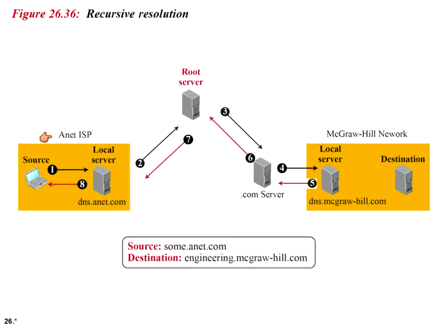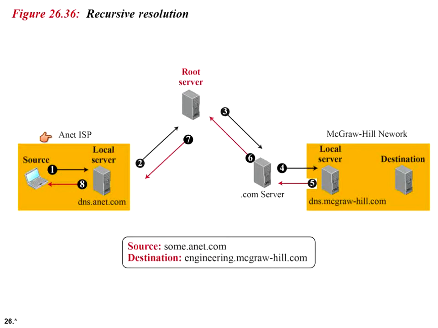Now the root servers do not normally keep the mapping between names and IP addresses, but a root server should at least know about one server at each top level domain. Now in this case, a server responsible for com domain. So the query is sent to this top level domain server,